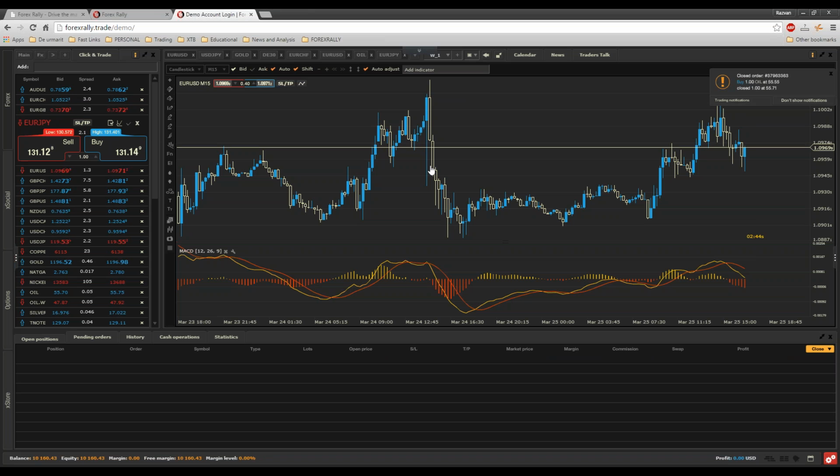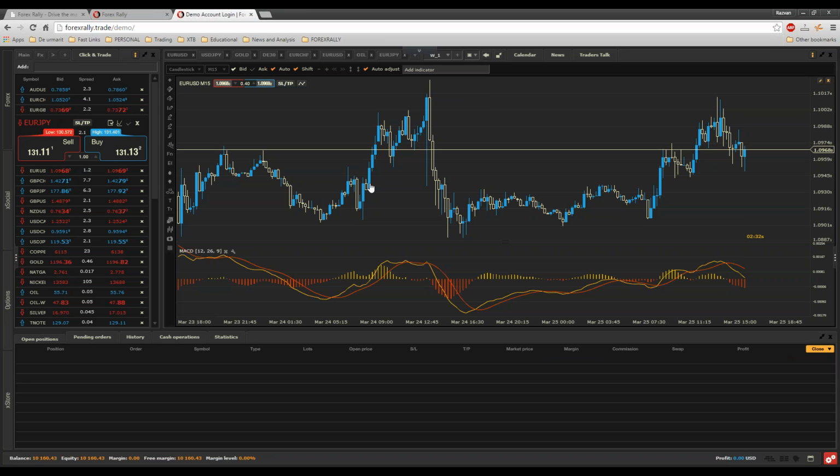Now let's get back to the question regarding a lot. A lot of euro dollar means that we will actually trade a value of 100,000 euros in the market, but we will not have to put in our trading position 100,000.